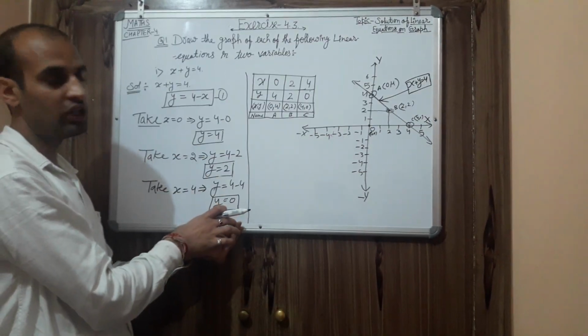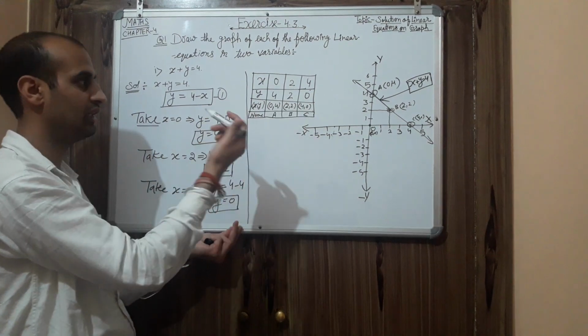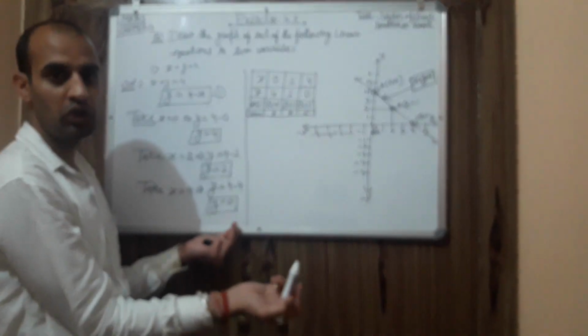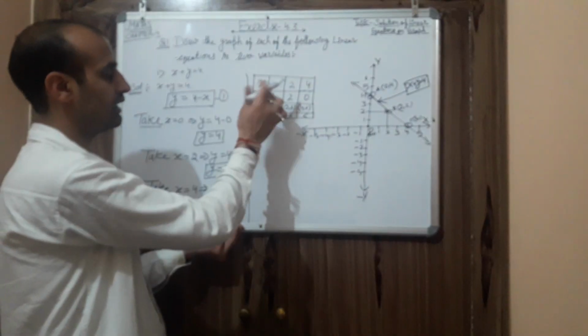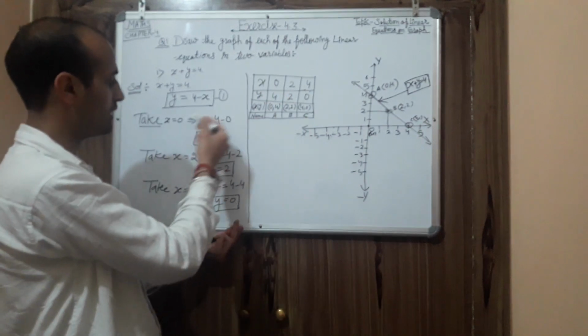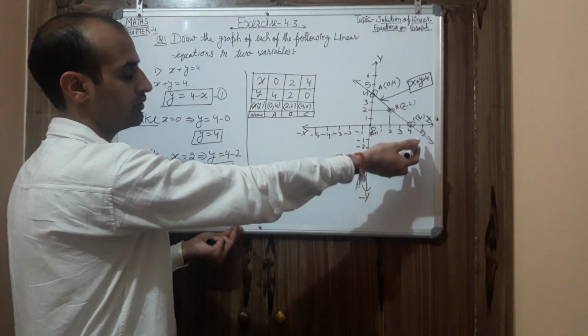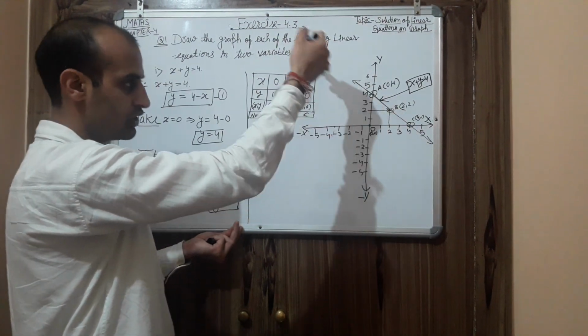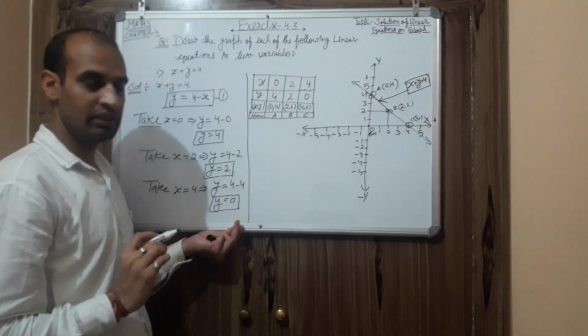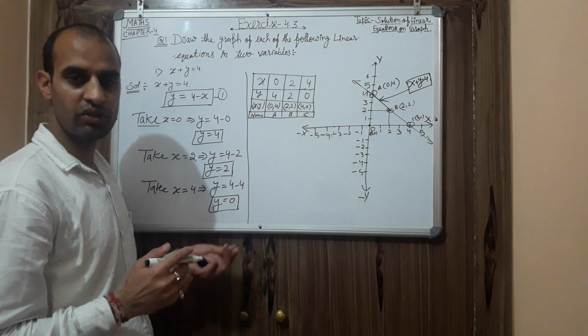After arranging all these values, your work is to make a table. That table is going to help you find the right answer. Select here, like first 0, then y 4, and make a pair. Name the points also, and after doing this complete work, plot all these points here. Find the answers and join in a straight line. In this way you can solve all these questions.